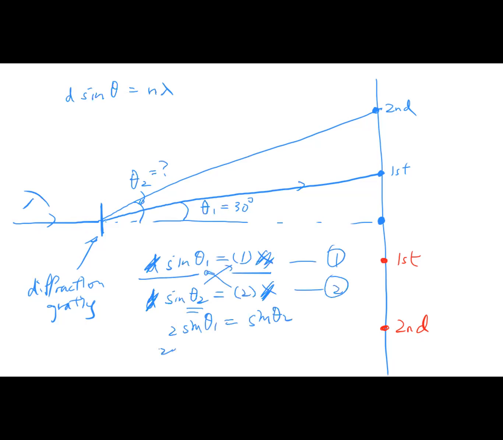So it's 2 times 0.5, because sine 30 is equal to 0.5, is equal to sine theta 2. Okay, after calculation, theta 2 equal to 1. Oh, sorry, 90 degree, I mean. Is it possible for 90 degree? If it's 90 degree, basically the light will go so far away because it turned at 90 degree, it would not be able to reach the screen. So this is a fake